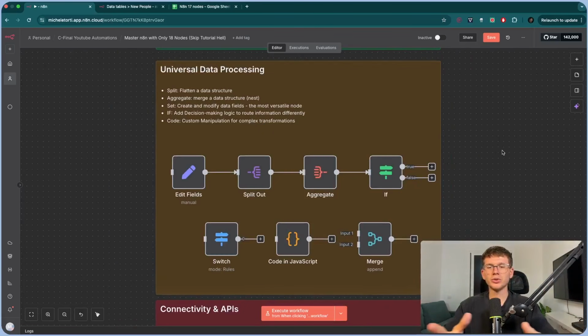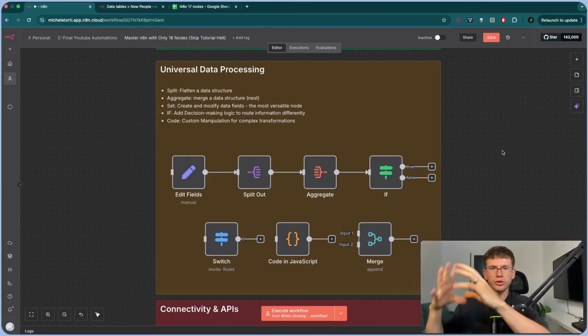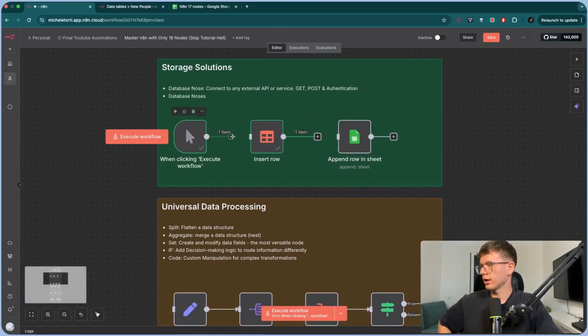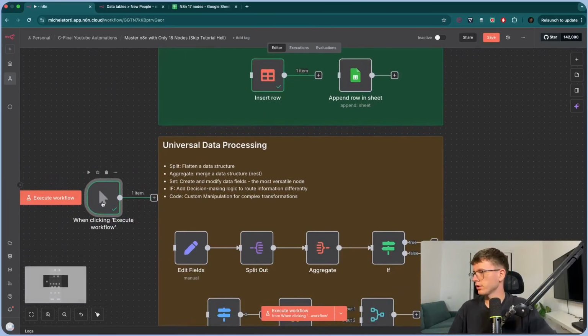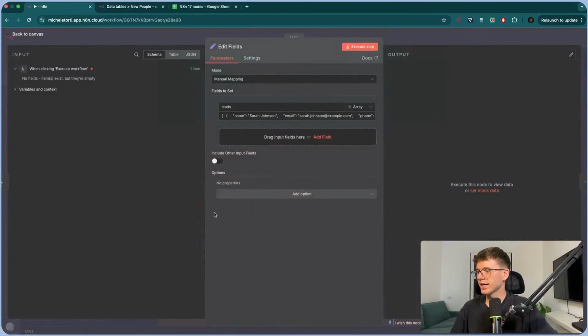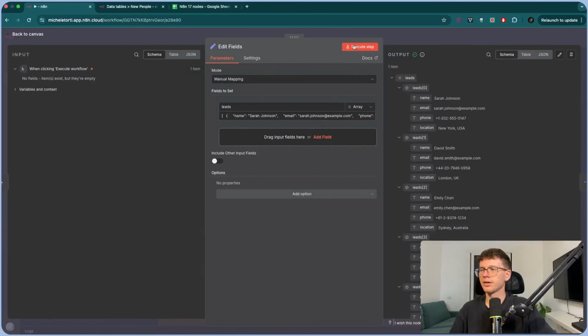All right, so now we get to the universal data processing. So here is where we manipulate data, right? Manipulate data just means that we take some sort of data that comes in and then we structure it in a way where it makes sense for us to structure it in. Now, in this case, I'm going to take the manual execution here. I'm going to attach it here. And I can see that inside the edit node, if I execute this step,